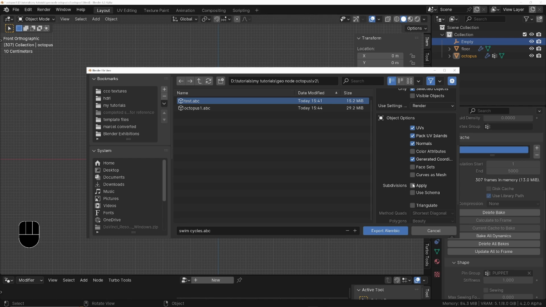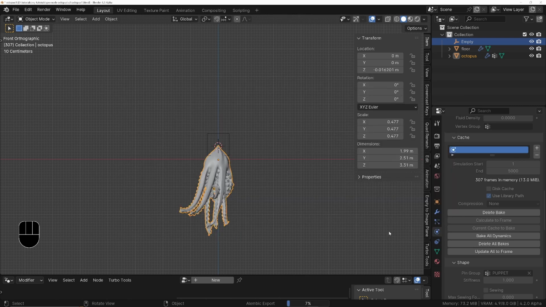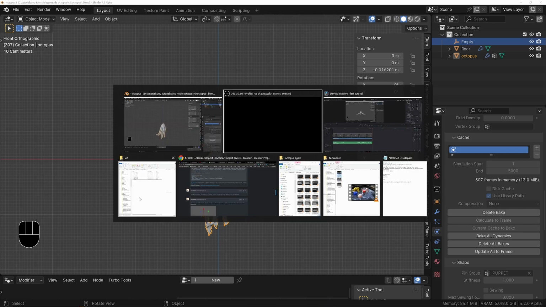We don't want to apply the subdivisions because if I apply the subdivisions, it's going to make the alembic file bigger because there'll be more geometry. What I can do instead is when I bring this back in, I'll just put another subdivision modifier on it. So I'll export the alembic. It should be really fast because we're only exporting this one object. And then I'll go to the file location